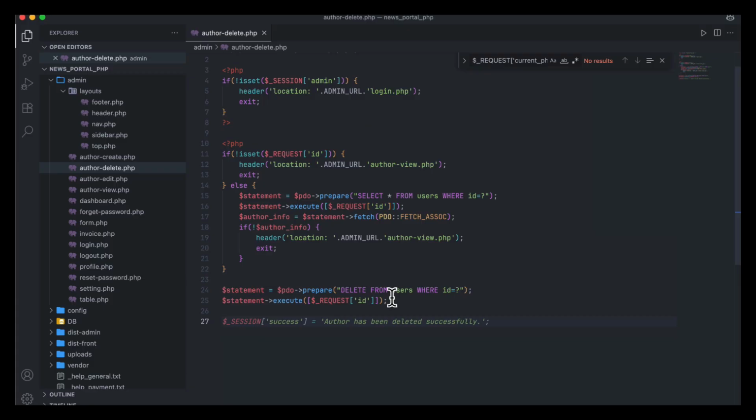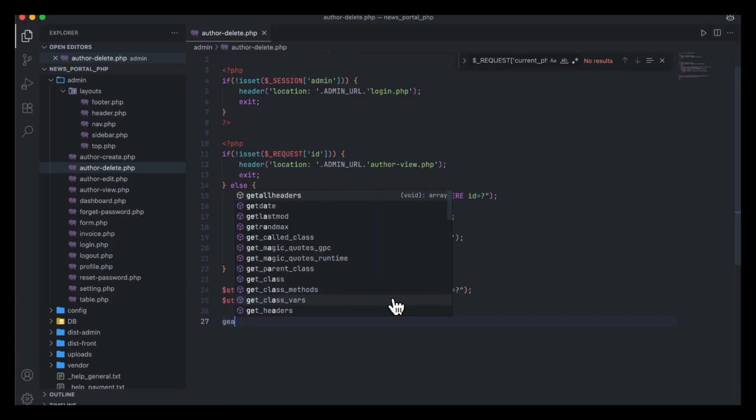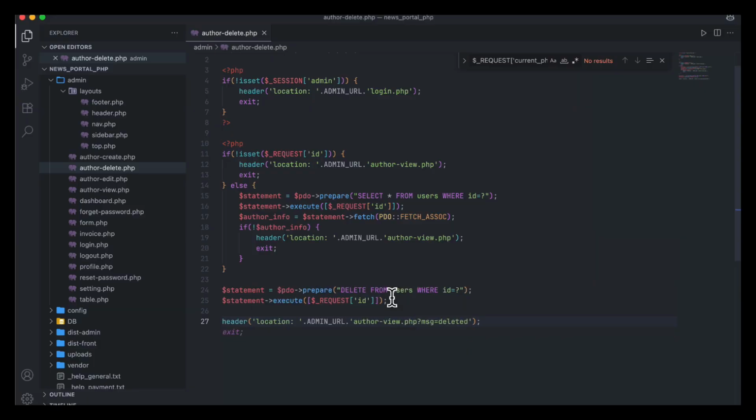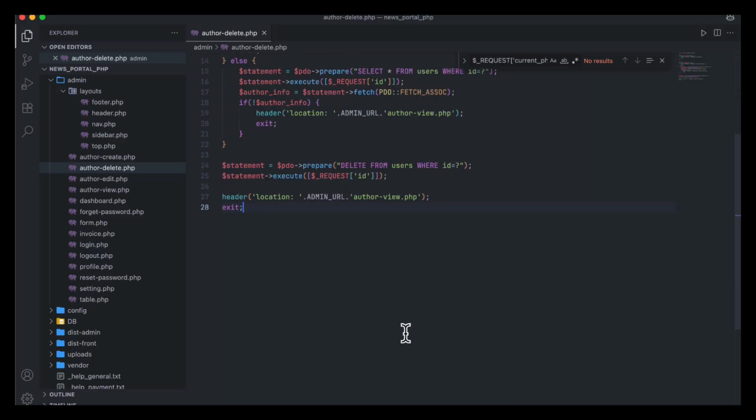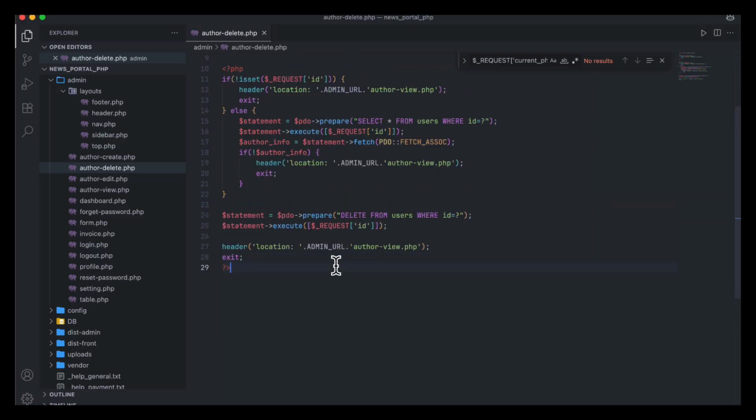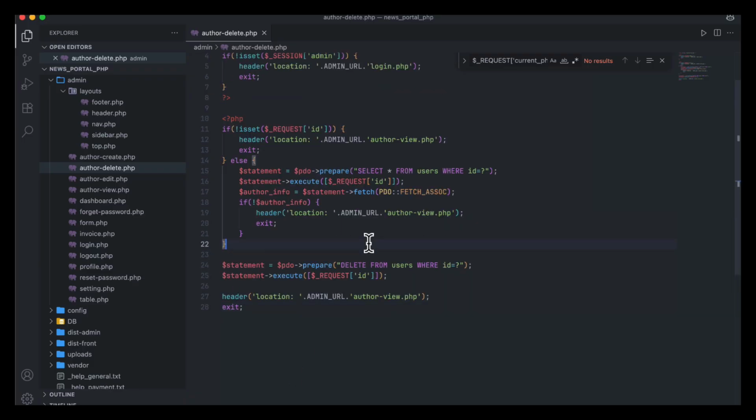And here header location, you can write the header location author view dot php, with the message deleted. I am going to put this one. When I use the Toastr message, then I will fix this thing so that you can understand, but for now it is okay. I will fix it later to show the data. Here if you want, you can use the PHP closing tag, or you can avoid it, no problem. So delete from users, this one will be deleted, but before the deletion I will have to unlink